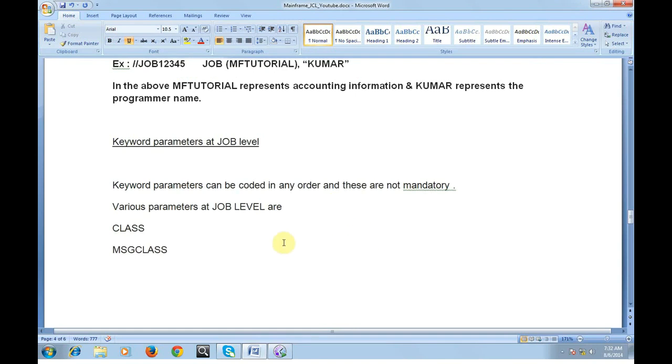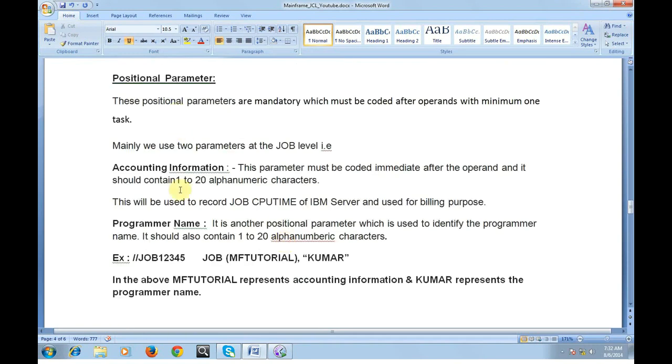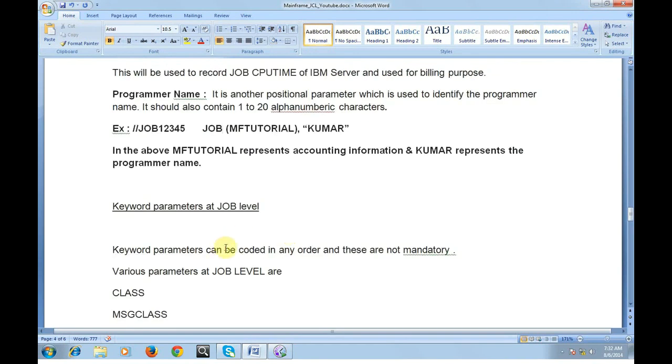Keyword parameters can be coded in any order and these are not mandatory, whereas positional parameters, which follow the job operand, are specific to fixed positions. For keyword parameters, it is non-mandatory to place them in a specific position or order. Here, for example, I cannot place the programmer name here and the accounting information there.